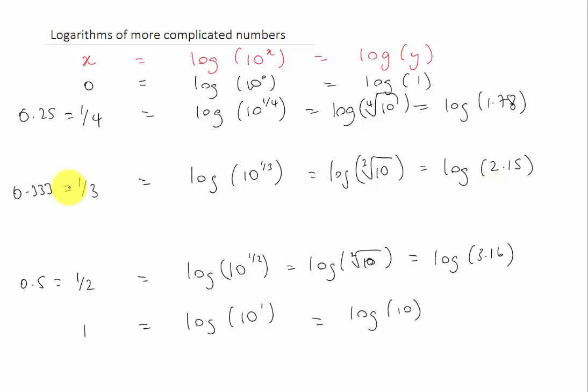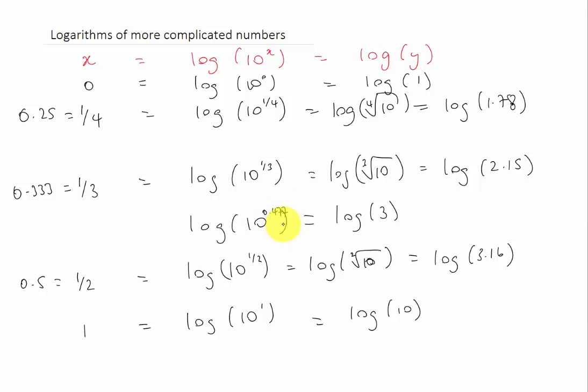Now how about if we want to know what is the value of the logarithm of 3? So here we need to find out a value that we raise 10 to. So what's this value? So the logarithm of 10 to the power something is equal to the logarithm of 3, and then that something will give us our value for x. And here I did go and look it up in my calculator. So this is 0.47,